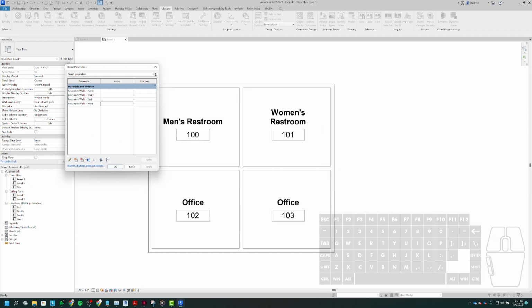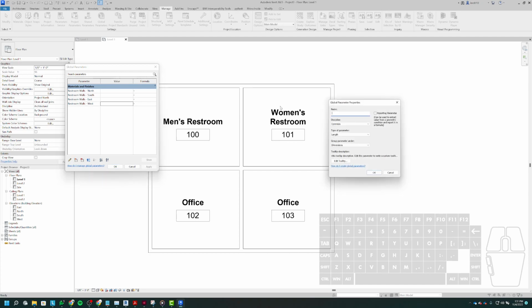Now, I did that for bathrooms. Now I'm going to have to do that for every other type of room that is in my project. So in this case, we're going to do it again for offices. And this is what I mean. You can get a lot of parameters in here, and it's kind of annoying to set up, but just bear with me. So we're going to call this one